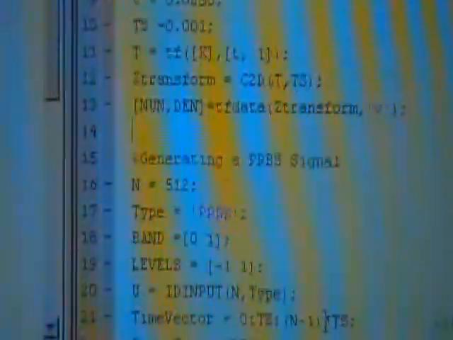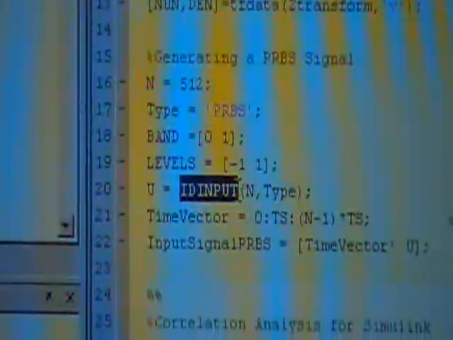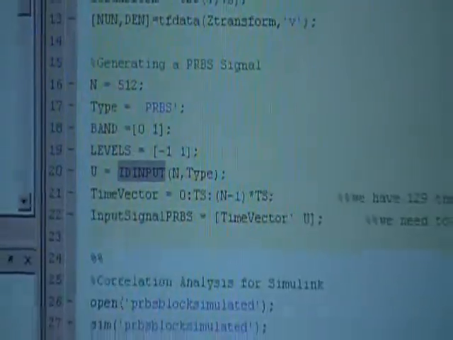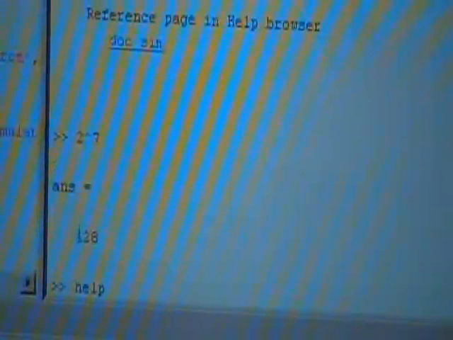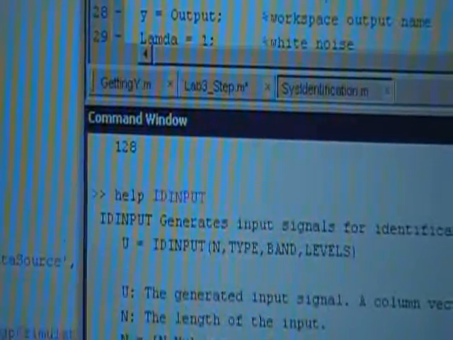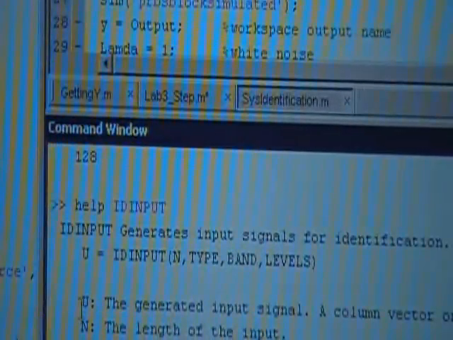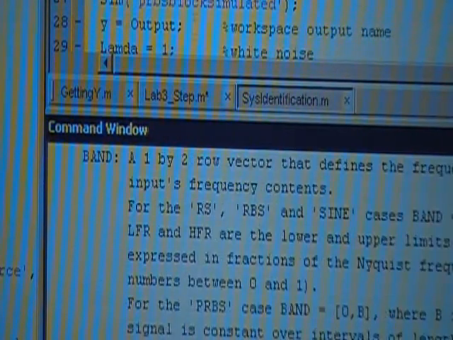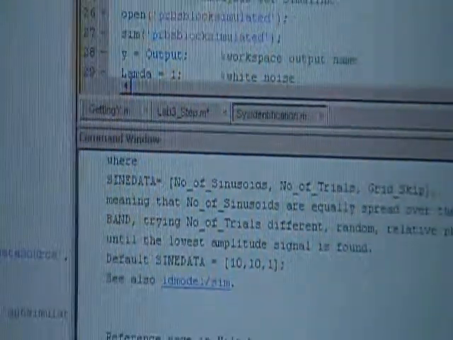So if you don't know how to use this command right here, the idinput, you go to MATLAB and just type help and the name of this command, and MATLAB is going to show you how to use it. It's really easy just to read. This is u, N, and the band, the levels, something like that. So this command is going to generate like a random